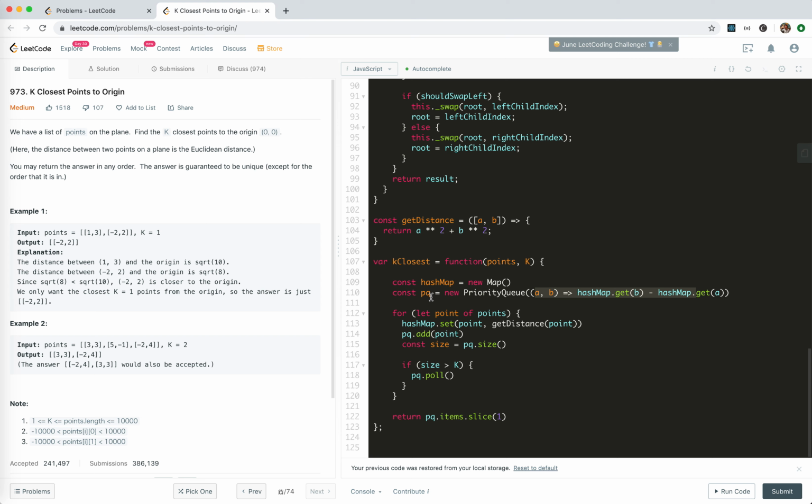Okay, so these are actually the points and we put the points in the priority queue, but we need to actually get the distance, right? So we use a hash map to map the priority queue to the distances, and then for each point we get the distance and use priority queue to add the point, right? And we get the priority queue size. If it is oversized, we pull the